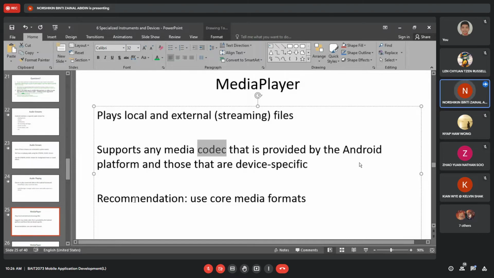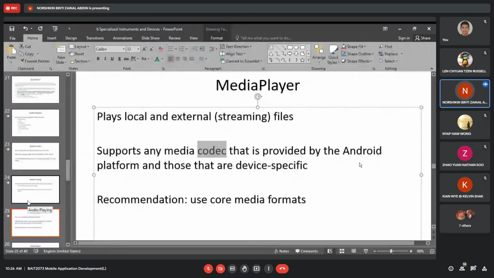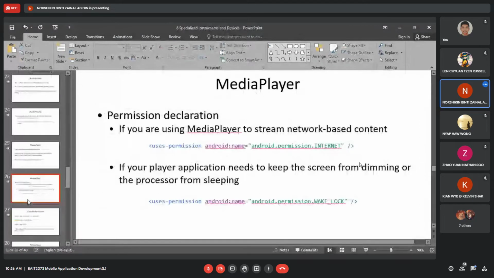So the recommendation is to use core media formats. Again, you need to have a permission declaration. If you're using media player for your application, even if you just want to produce a sound, maybe just a beep, you still need to ask for declaration.